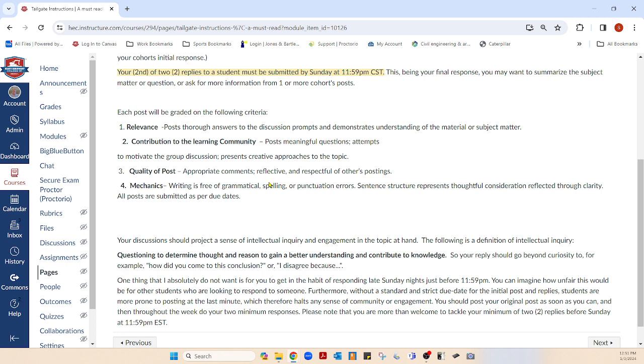I'm asking you to step up, get out of the envelope. You're not texting, we're not hanging out behind the shop building, smoking and joking. We're professionals. Quality of post. Let it be appropriate. And by appropriate, that can mean suitable for all audiences. Let's put it that way. Not even PG. You know, we're grown-ups. We can talk and act like grown-ups. Be reflective. When you think about it, show me that you've thought about it, and of course be respectful to others who